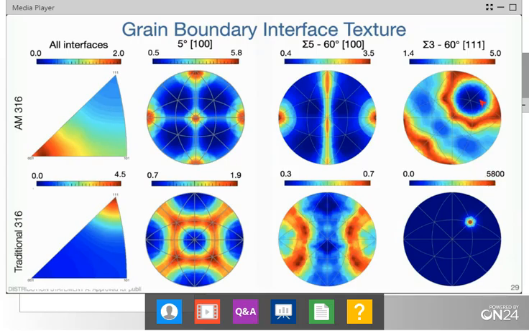And here's what we see in the additively manufactured material. There's almost no coherent sigma 3s within this material. In fact, just the number of sigma 3s is quite low, but there are almost no coherent sigma 3s. And what's interesting is that we have this ring of interfaces that surround the sigma 3. They exactly lay on top of, and this is the only way that you can get this within this type